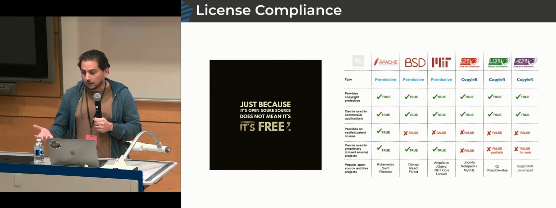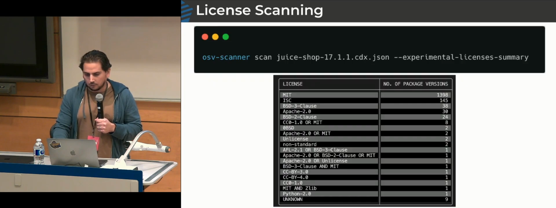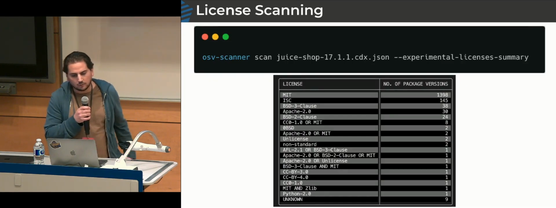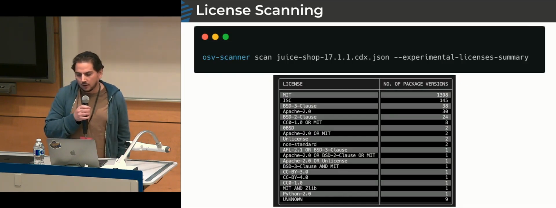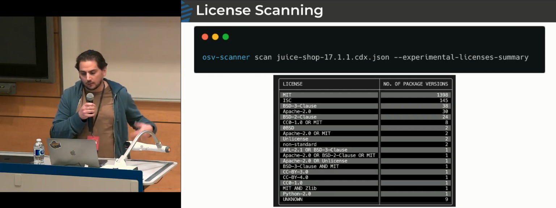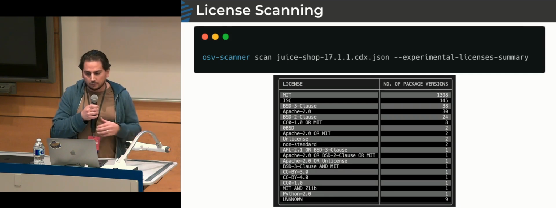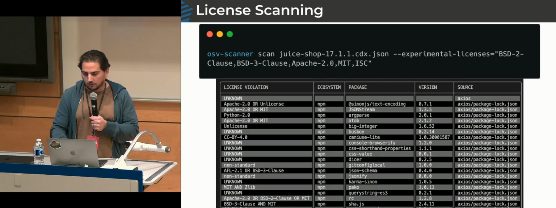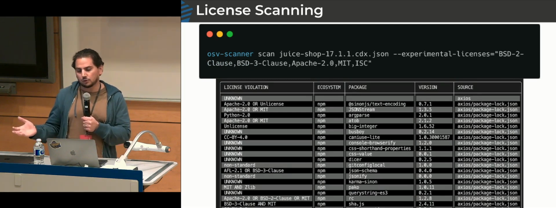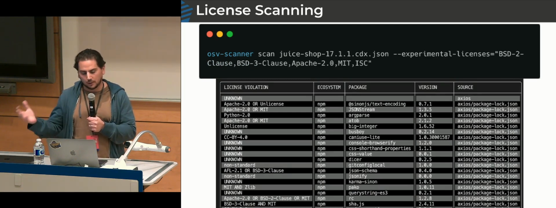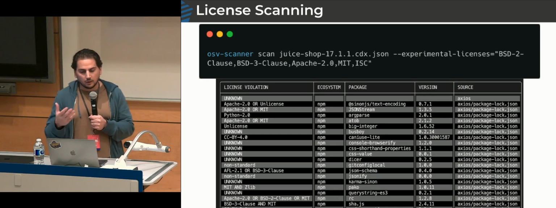So what if I want to just see what licenses am I using? So same tool, the OSV Scanner, I could scan my SBOM, I could enable the license summary check, and then I get a table of all of the different licenses in my product. What if I have a list of approved licenses? So in this case, I want to allow BSD version 2, version 3, Apache 2.0, and a couple other ones. Tell me if I have any software that falls outside of this list of licenses, and the tool can give